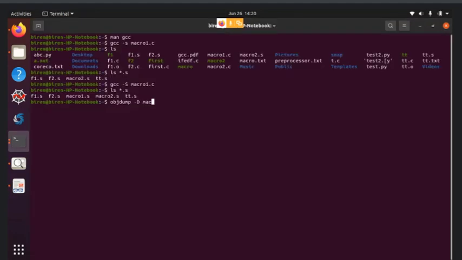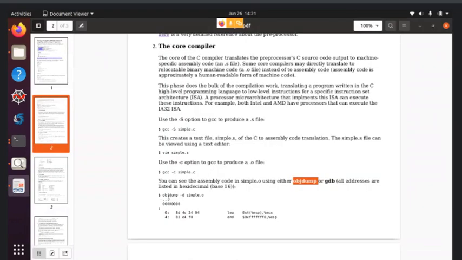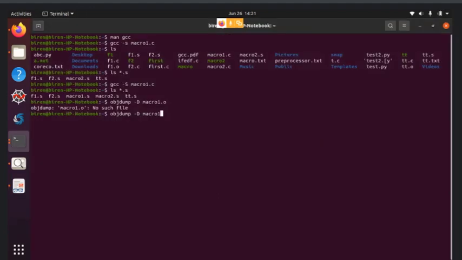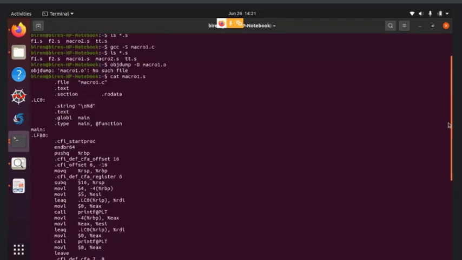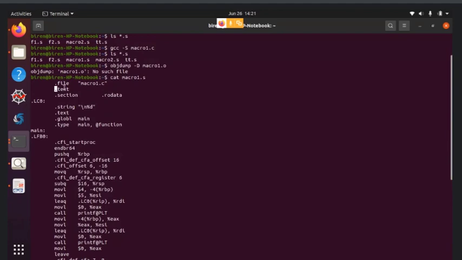So here macro1.o. Let me write it. Okay, so objdump macro1.o.